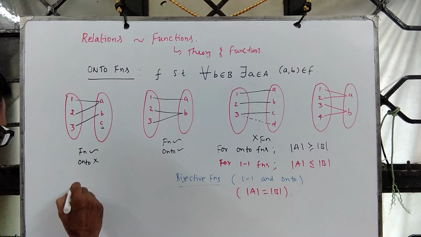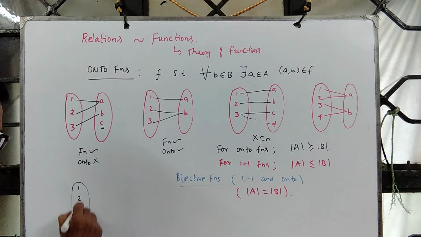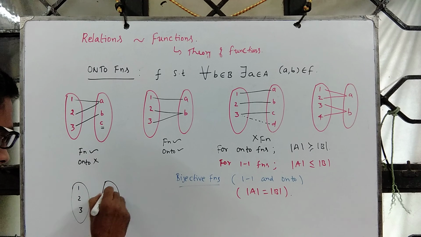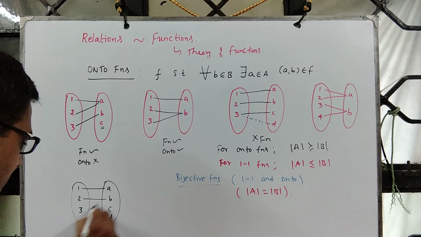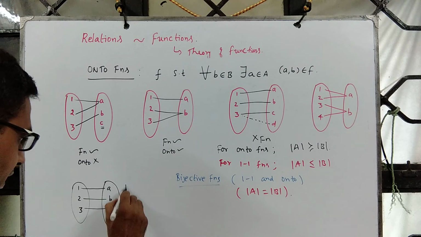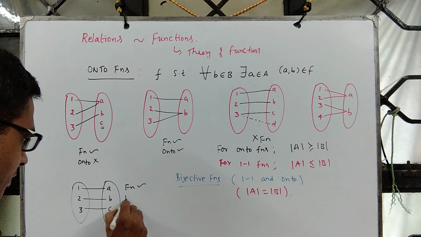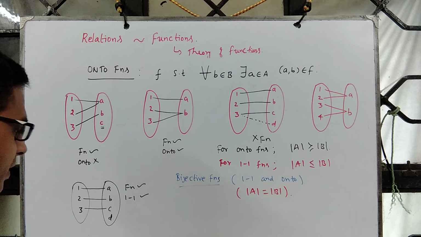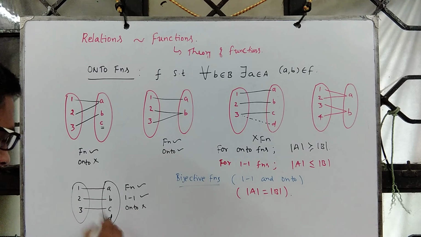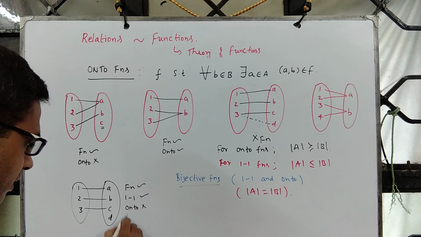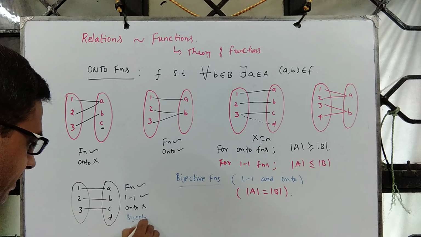Let's look at a couple of examples. Suppose you have 1, 2, 3. On this side you have say A, B, C, D. Now you can come up with a function. Yes, you can come up with one-to-one. This is also one-to-one. But is this onto? No, because this is not having a preimage at all. If you try mapping to any of these, then the function property is violated. So this is not bijective at all.